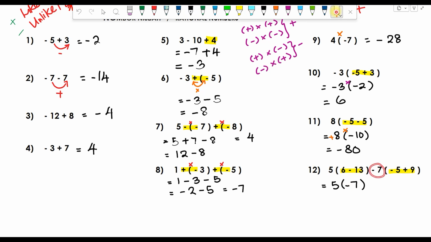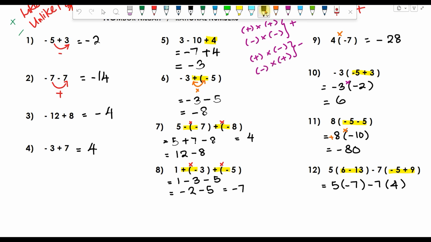Okay, then this one we are not touching yet, we are not using it yet. So we have to rewrite. Okay, rewrite already. Now in the bracket this one, negative 5 plus 9. You are owing someone 5 ringgit. In your pocket, you have with you 9 ringgit. So, pay back what you can, right? After paying back what you can, you still have 4 ringgit in your pocket. So, that's a positive 4. Okay, now this one is exactly like this part, and this part, right? So, you have to solve both sides, here and here. You have to solve them separately.